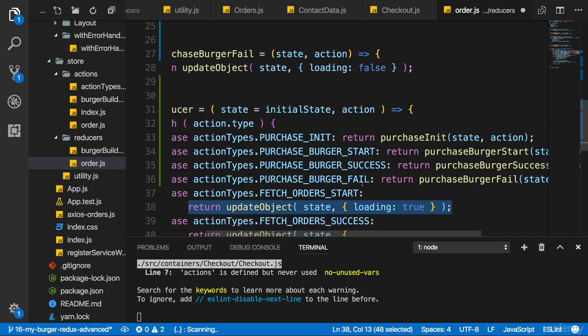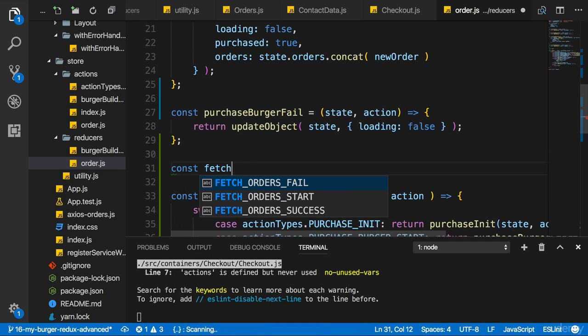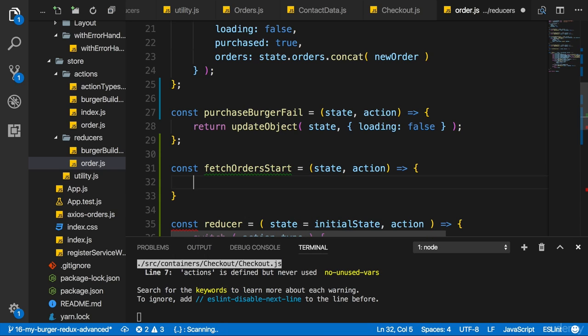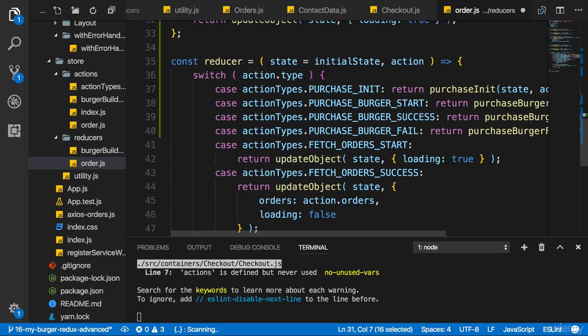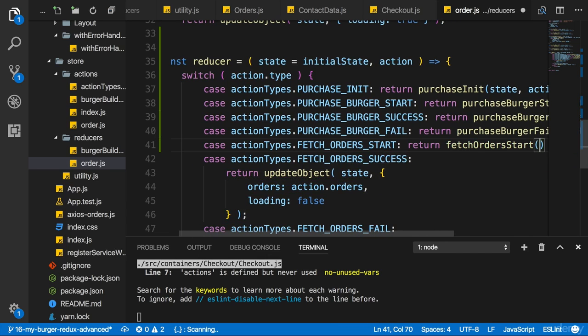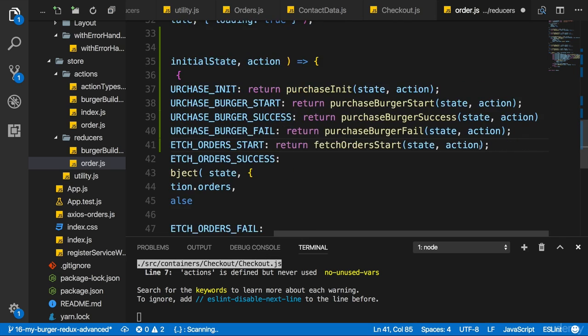And the same for fetch orders start, of course. So const fetchOrdersStart. You see, refactoring such a reducer can be a bit cumbersome, but obviously I want to show you how to do this entirely and not just for one function. So here we'll also return the result of fetchOrdersStart after passing state and action to it.